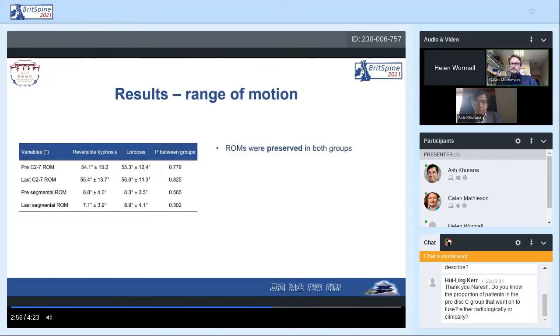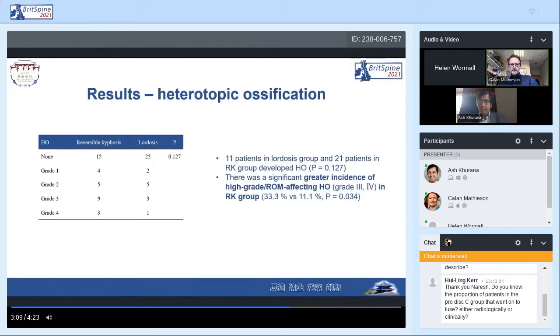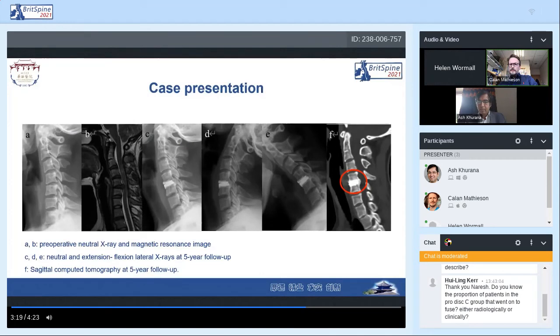ROMs were preserved in both groups. The ROMs of RK group were slightly lower than that of lordosis group, but failing to reach significance. Notably, there was a significantly greater incidence of high-grade or ROM-affecting HO in RK group. Looking at this case, the cervical alignment improved from kyphosis to